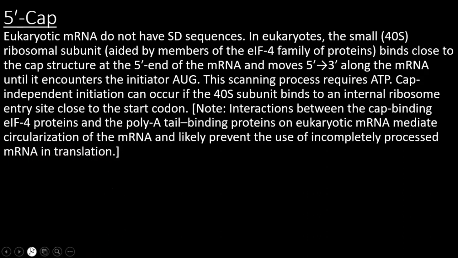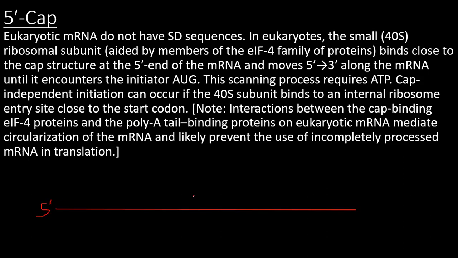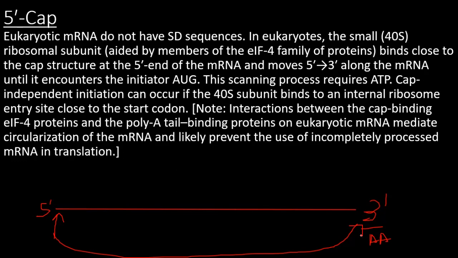So remember, that is your messenger RNA. This is the 5' end, and this is the 3' end. At the 5' end, you have a cap, the 7-methyl guanosine cap. Then at the 3' end, you have a poly A tail. So what the eukaryotic initiation factor 4 proteins usually do is that they bind here at the cap. Then they will also associate with the poly A tail, and this will circularize this messenger RNA to become a